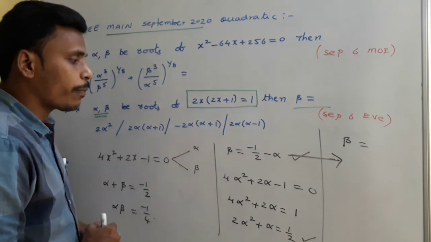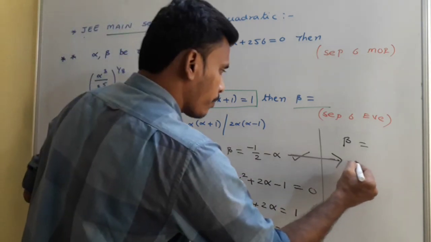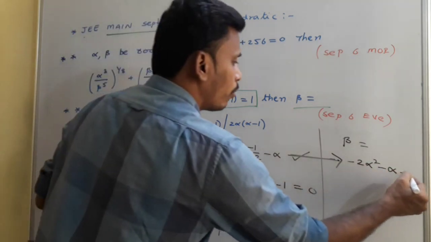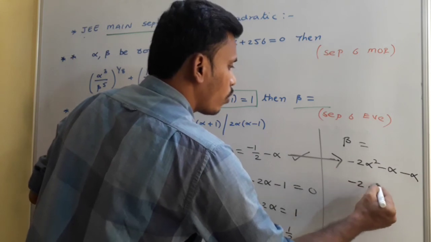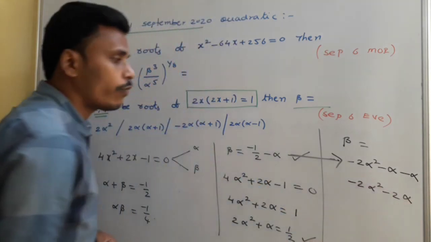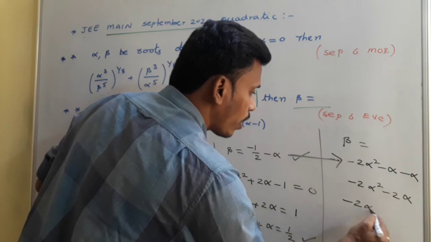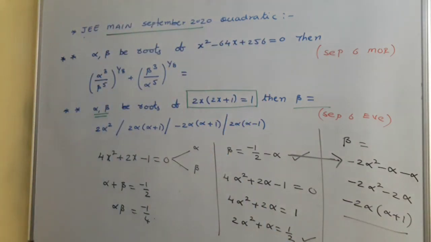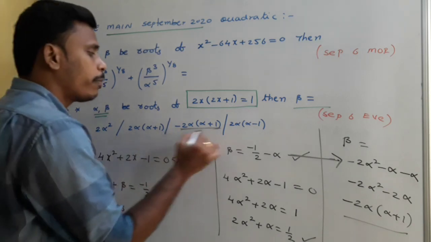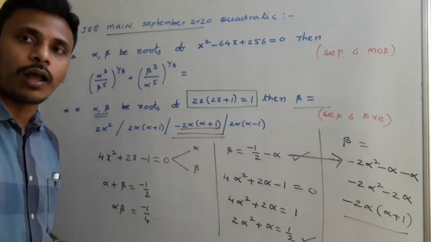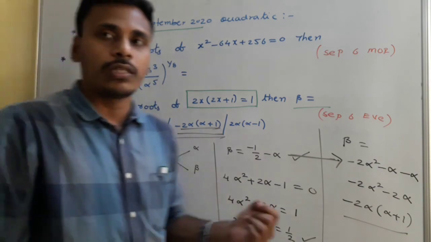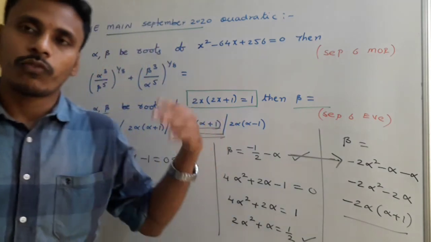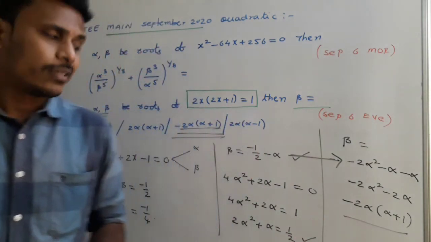Minus 1 by 2 means what will happen? Multiply with minus 2 alpha square minus alpha, and again one more minus. So minus 2 alpha square minus 2 alpha. When you common out minus 2 alpha of alpha plus 1, and when you look at the options, option 3 is your choice, and beta is this minus 2 alpha into alpha plus 1. It's a bit logical, but already this type of problem is asked in somewhat previous mains questions. Okay, just have a look.